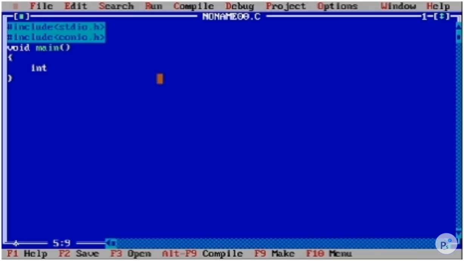You can give any name you want. I will give a as an integer variable name. And I will give another data type, float, for taking a float value from user, with variable name b, and I will take a character also. So let me declare char c, same as the example in our slides.